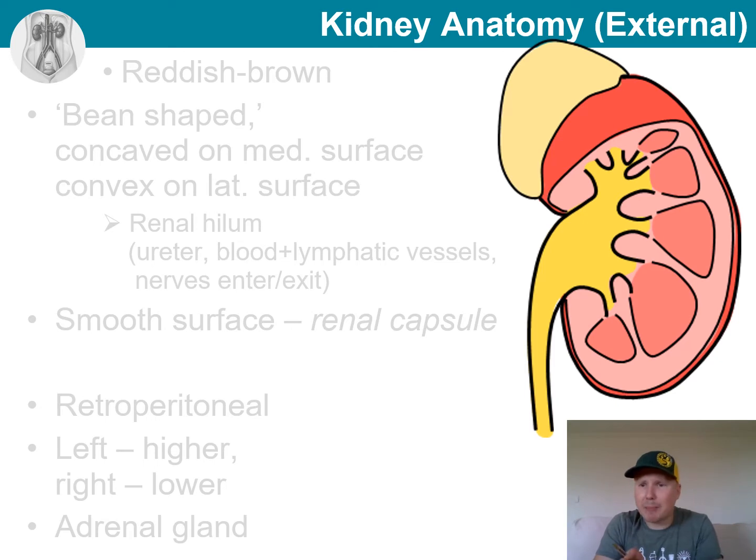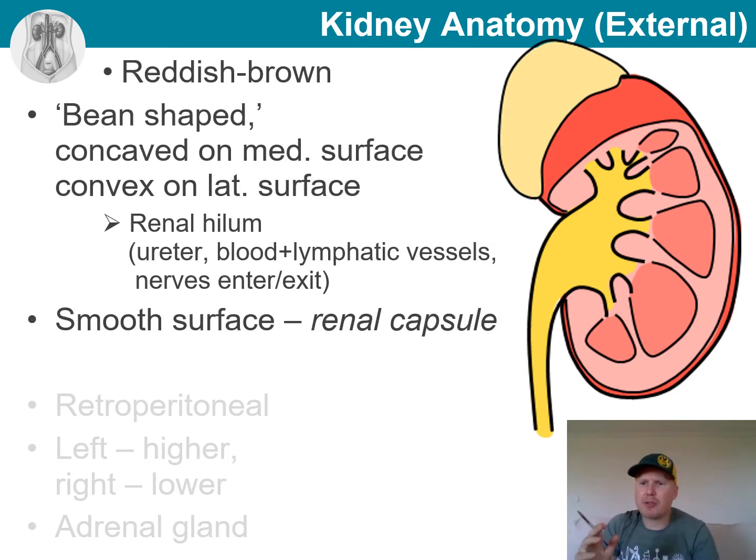But let's take a step back from the list of functions and cover a bit of gross anatomy of the kidneys. Kidneys are often described as having a shape that resembles that of a bean. But of course bigger, but similar in shape. In fact, I believe that typically an adult kidney is something like 12 centimeters long, 6 centimeters wide, and 3 centimeters thick. So that gives you an idea about the size. And this bean shape gives rise to the concave medial surface, where we will find the renal hilum.